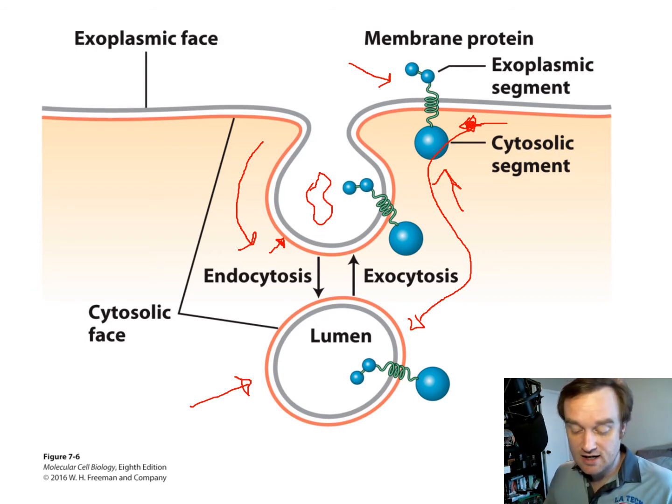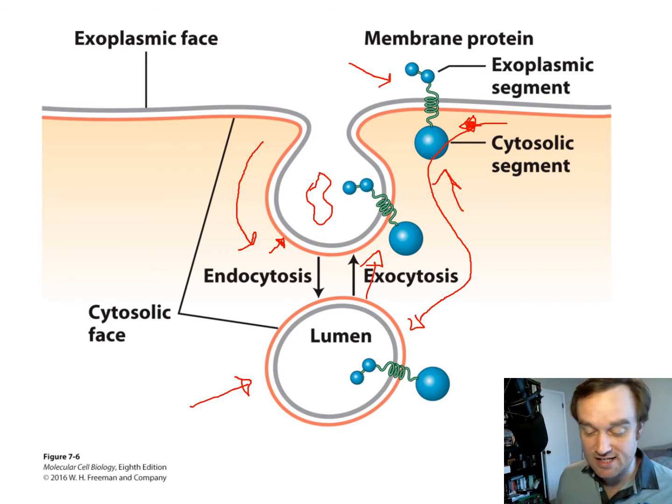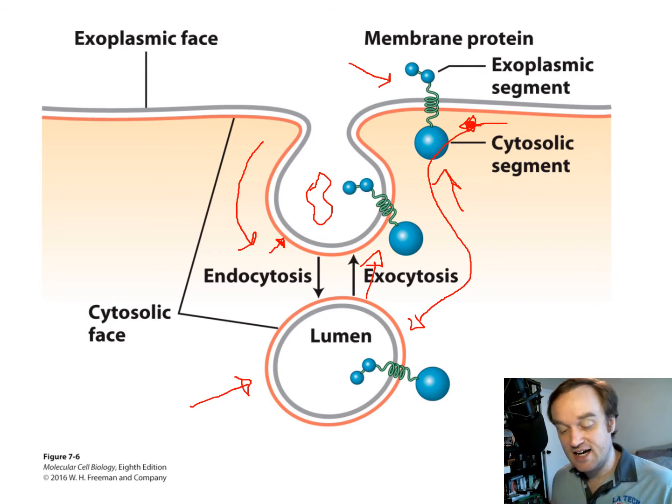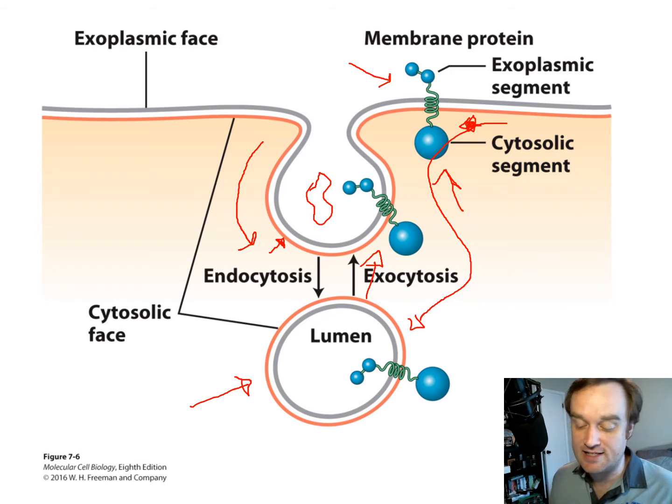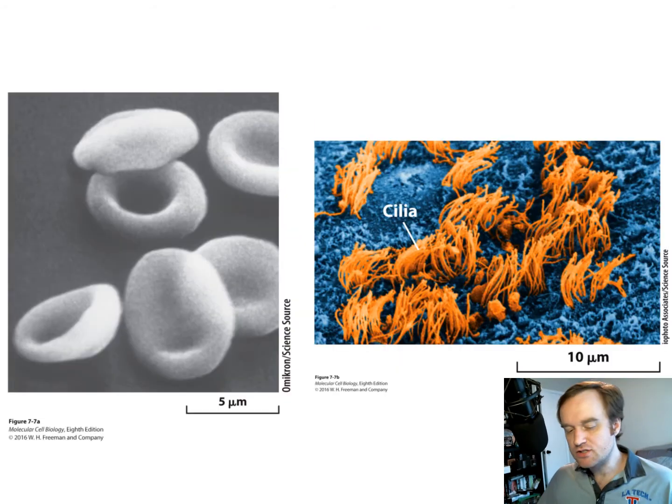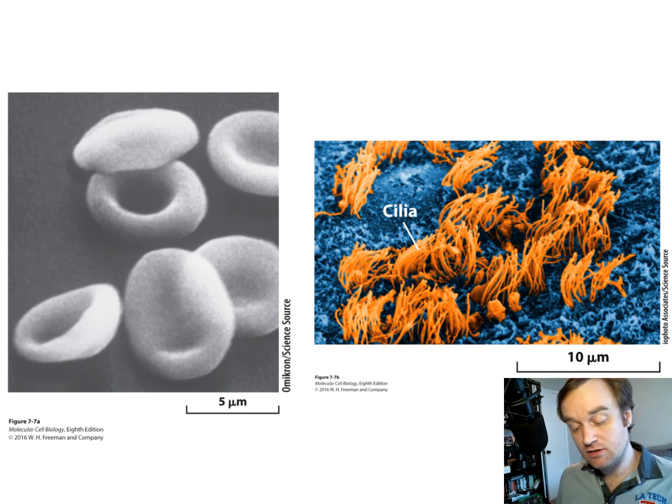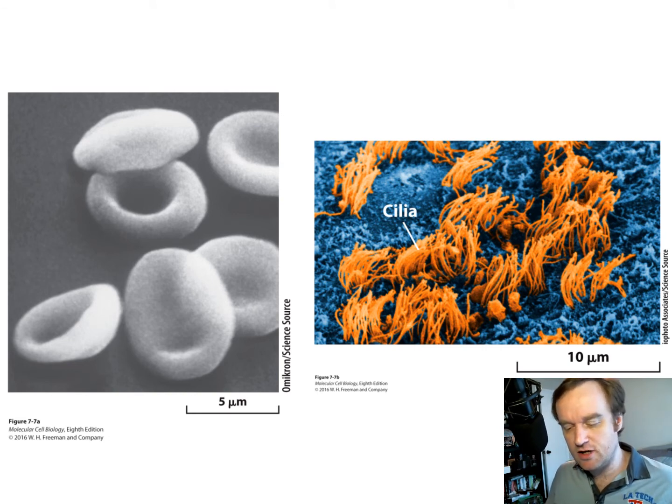So if this vesicle were to go in the opposite direction, the exterior segment, or the exoplasmic face that is facing the aqueous solution, or the lumen on the inside, still faces that as it merges with the phospholipid bilayer, or the cell membrane. So while all these membranes are phospholipid bilayers, they still have a lot of variance between them depending on cell type. So our example here is an erythrocyte cell,